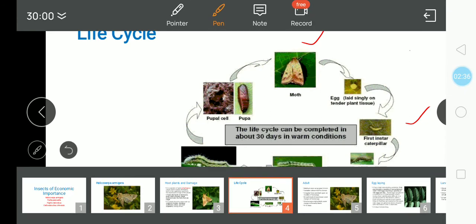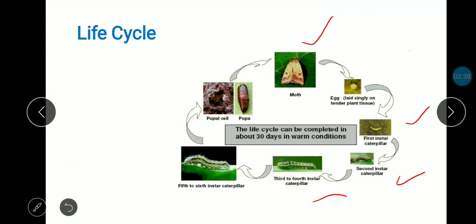Instar stage means the larva in one stage grows, eats, feeds on the plant, and when it casts or molts, meaning the outermost layer of the body is broken, a new larval stage comes out. After that the larva is called an instar stage. After first molting it is the first instar. After second molting it is the second instar.